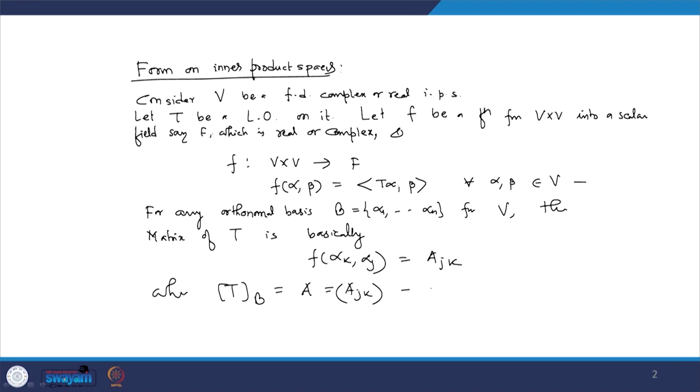Then we are able to express the matrix representation of the operator T